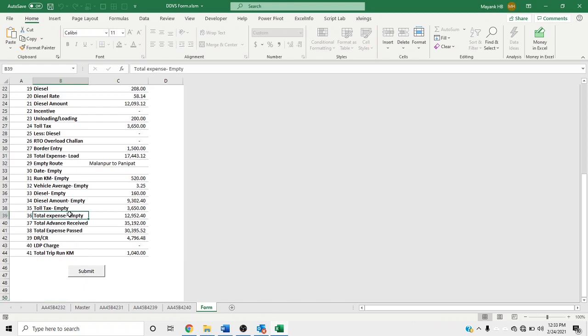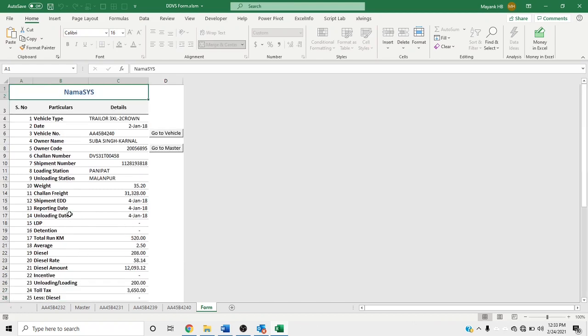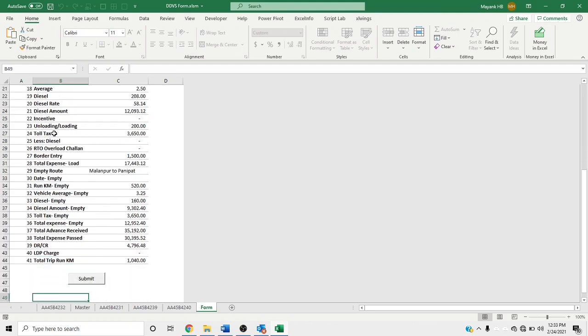Now what this submit button does is, it does two things. First, as you can see, there's a vehicle number here. The first thing this submit button does is, it looks for this worksheet among these worksheets and enters this detail in that particular worksheet. And the second thing it does is, it also enters these details into a master worksheet which includes the details of all trucks. So now let us go and click on submit.